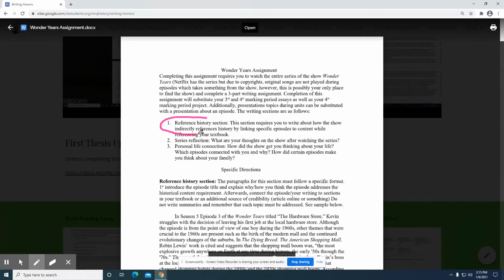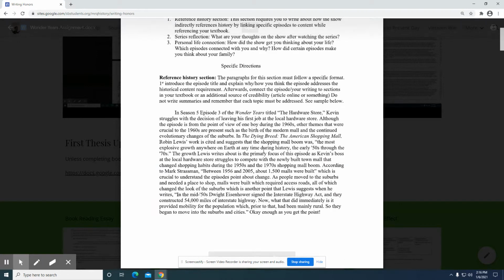So the first essay is going to be this section, which is the more historical section, and this will substitute your 3rd marking period essay, and then these 2 right here will substitute your 4th marking period essay. So that's kind of what you're in for here. This, again, is a pretty involved essay, so hopefully students do not take it lightly because you do have some